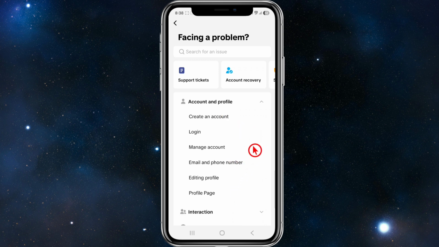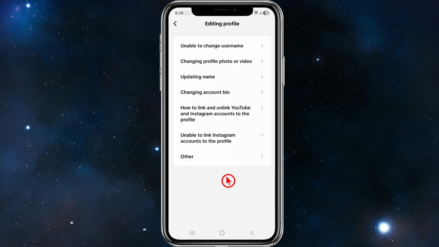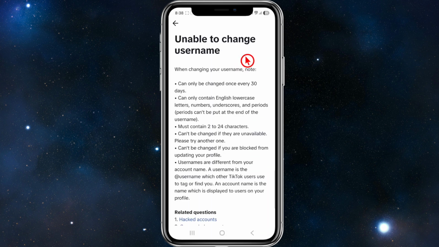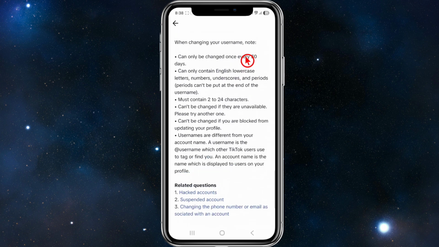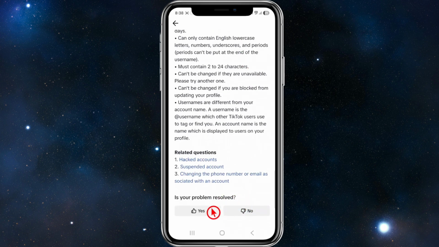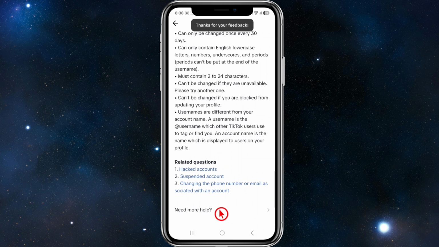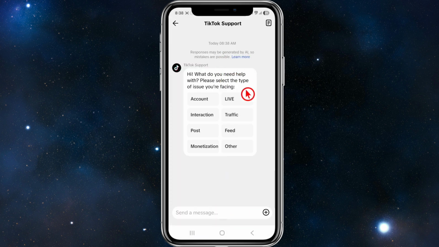And then from here, click onto editing profile. And then where it says unable to change username, click into that. Scroll down. And if it says, is your problem resolved, go ahead and click on no. Click on need more help. Then from here, just talk to TikTok support and let them know the situation that you'd like to change your